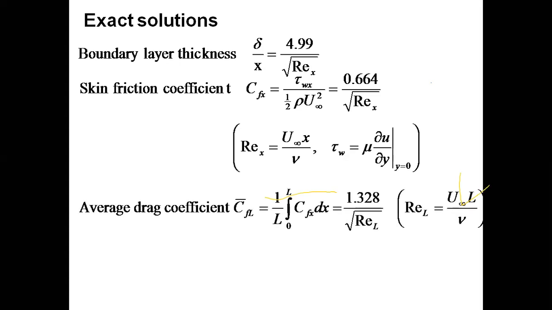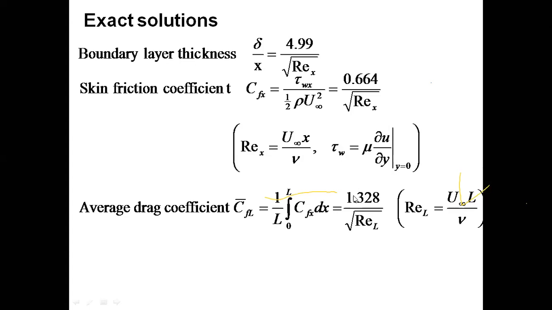What we have seen here is the skin friction coefficient at different x values. It varies with x. If I take the average, it is the total friction coefficient over the plate for the entire distance from x equal to 0 to x equal to L. I get it by integrating this Cfx and dividing by the length. The average is found to be 1.328 divided by the square root of the Reynolds number over the total length of the plate.